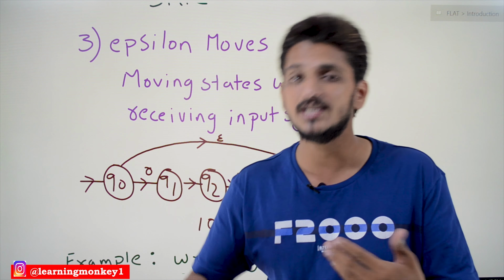In the same way, implementation of NFA with epsilon moves is also not possible in real time. But what do we have to do? We have to convert our NFA with epsilon moves to NFA, and NFA to DFA. Then implementation of DFA is possible in real time. In our last classes we already discussed how to convert from NFA to DFA. In our next classes we are going to discuss how to convert NFA with epsilon moves to NFA.